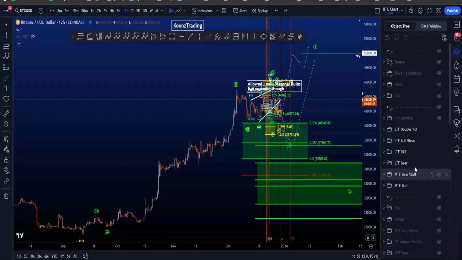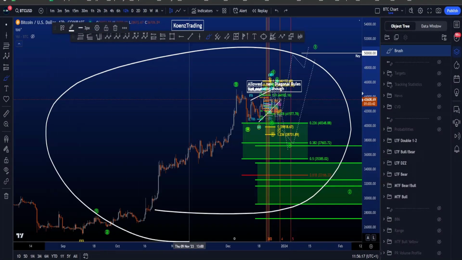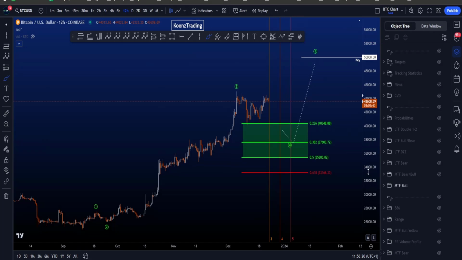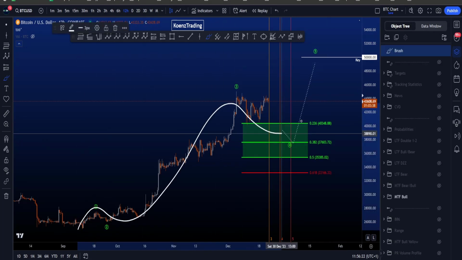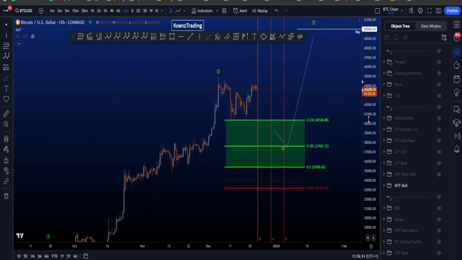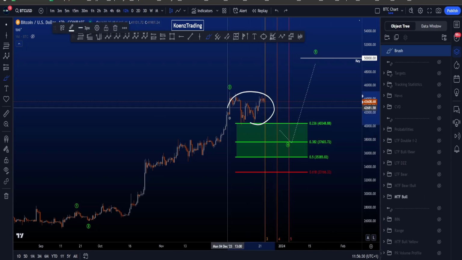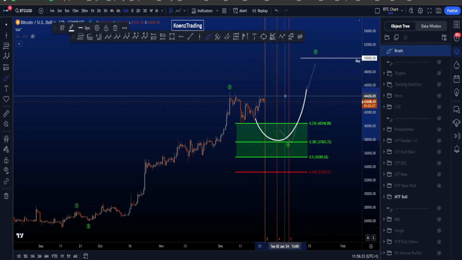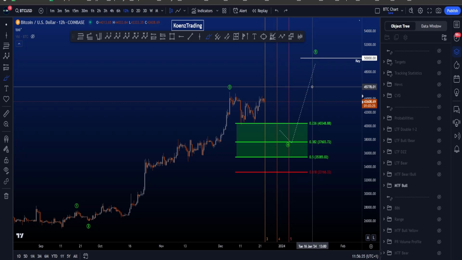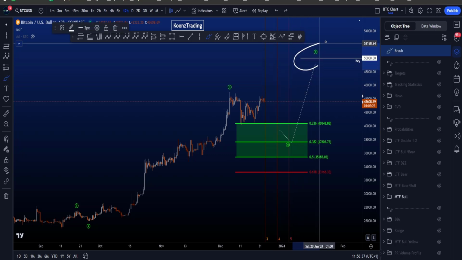Hi everyone, let's go over my bullish and bearish Elliott Wave scenarios on Bitcoin, starting on the medium time frame with the bullish scenario where we're looking for a 5-wave impulsive structure to the upside, currently working on wave 4 or wave 4 already in, something we'll discuss on the lower time frames in a second. But after 4 we do want to see a wave 5 to the upside impulsively, where an interesting area is